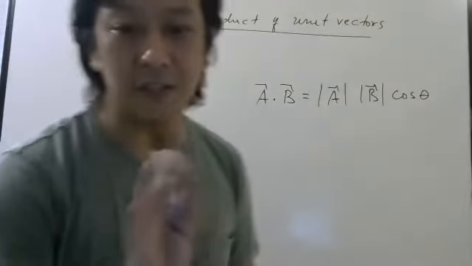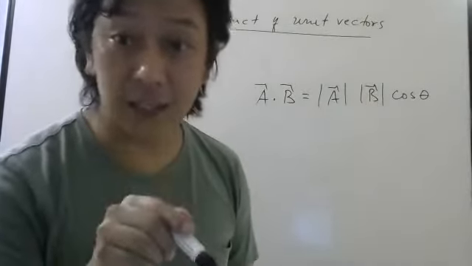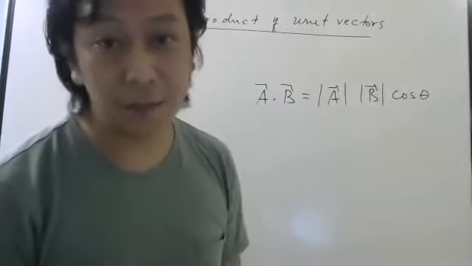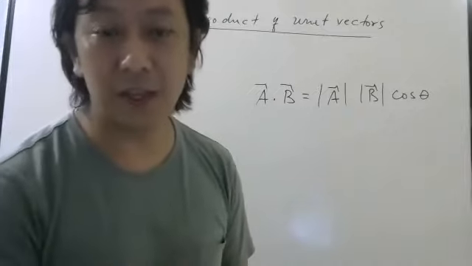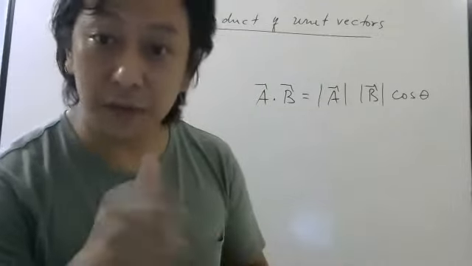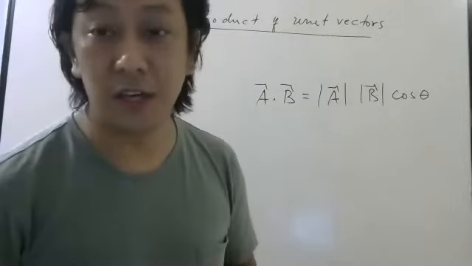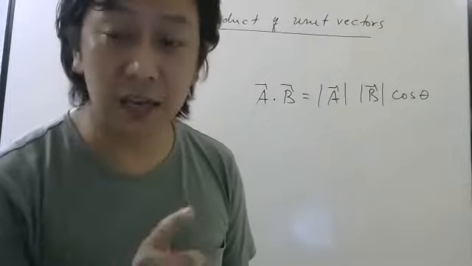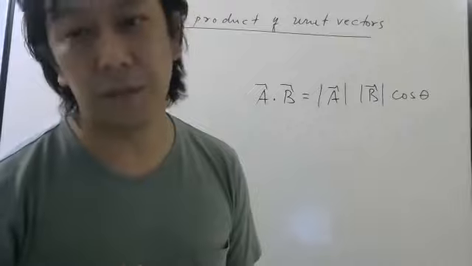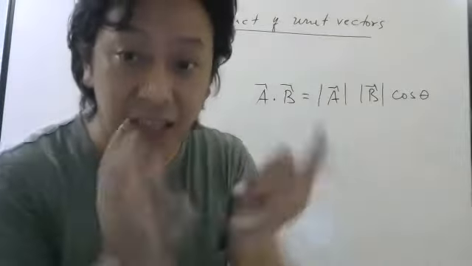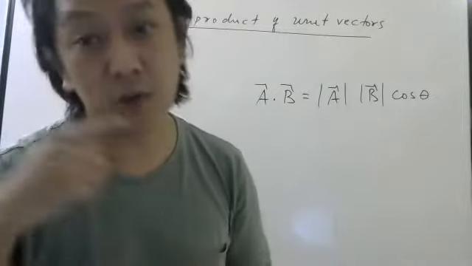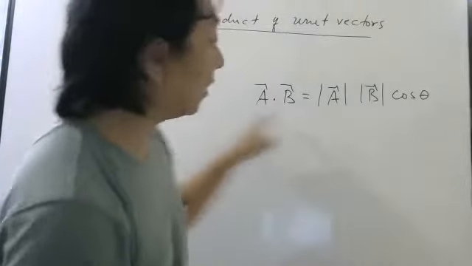See, in multiplication, it is not compulsory. In addition, it is compulsory. If you add apples with apples, you should get apples. But multiplication you can do, right? Multiplication of velocity and time you can do. You can multiply different quantities and get a different quantity. But when you add and subtract two vectors, you must get a vector. While multiplying, it is not compulsory. So we have designed the product of vectors in two ways. One is called dot product, one is called cross product. So the dot product definition is this.